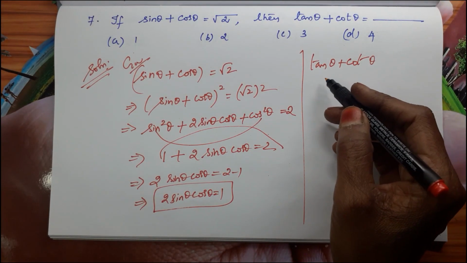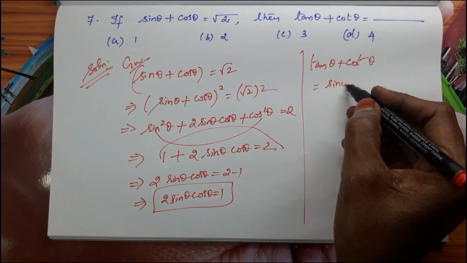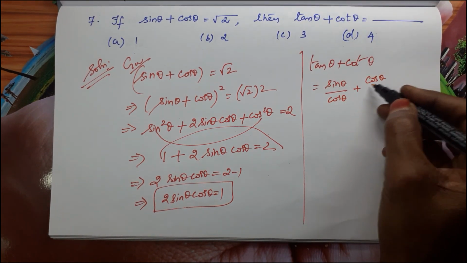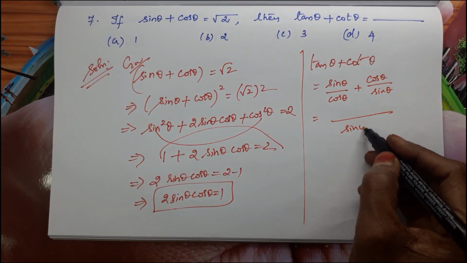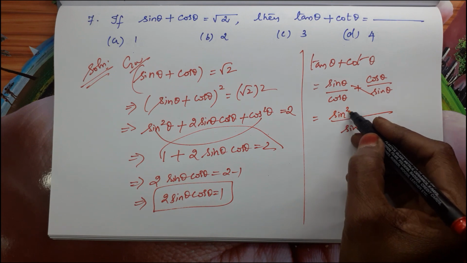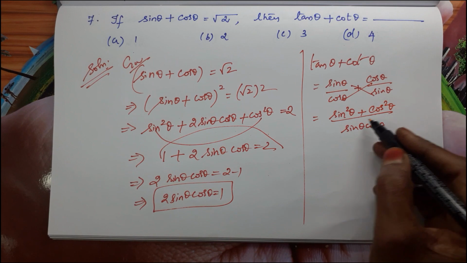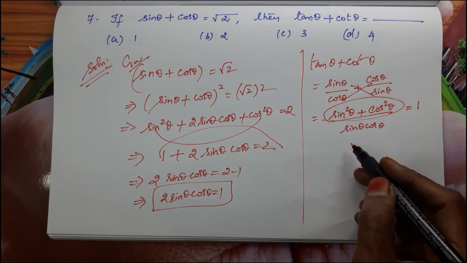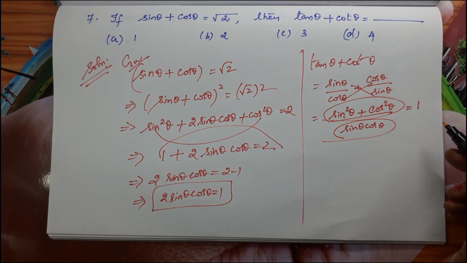Now we have to find tan theta plus cot theta, which can be written as sin theta by cos theta plus cos theta by sin theta. Taking the LCM, sin theta cos theta, then sin has to be multiplied here. Sin into sin, it is sin squared. Cos has to be multiplied here. Cos into cos, cos squared. Sin squared plus cos squared is 1. And sin theta cos theta we got as